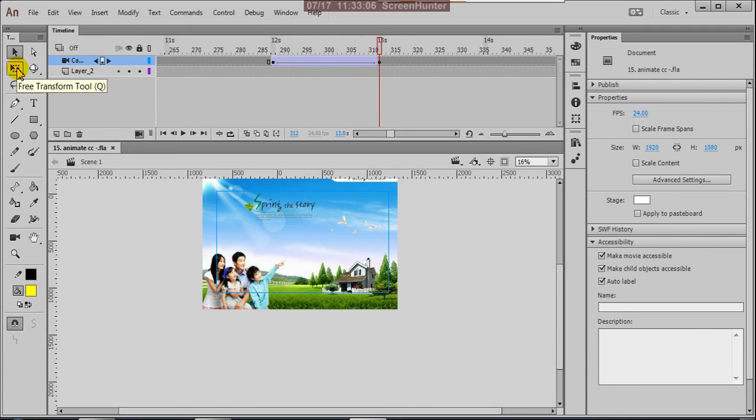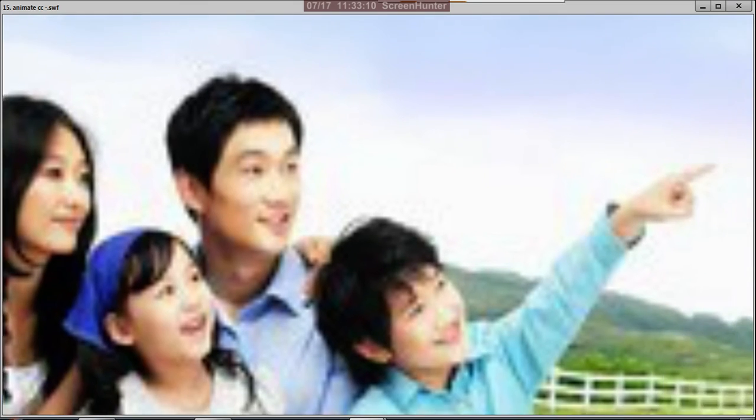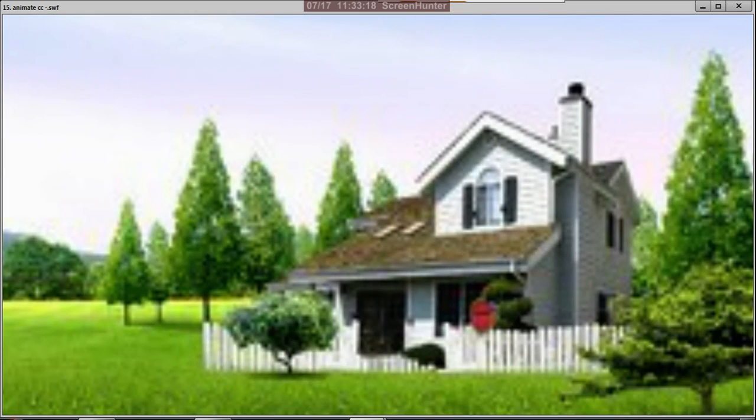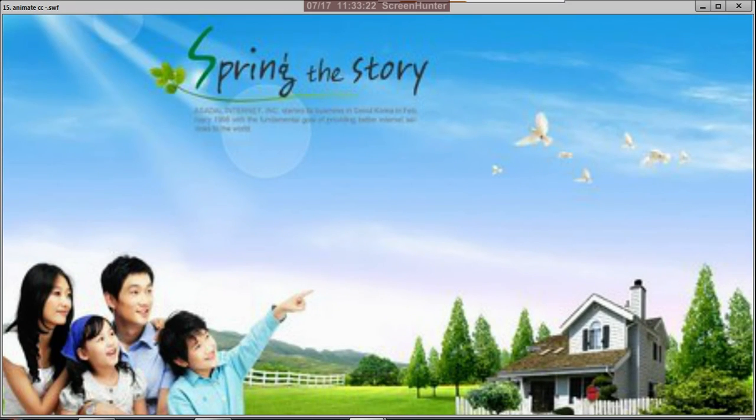Yes, Control S. Then you can check now once again. Yes, he is showing something, showing a bird's side and revealing the concept. And next house we are representing, and here, yes.